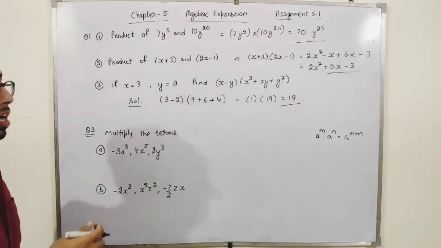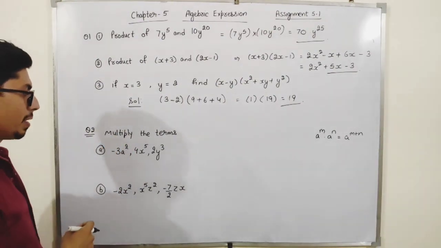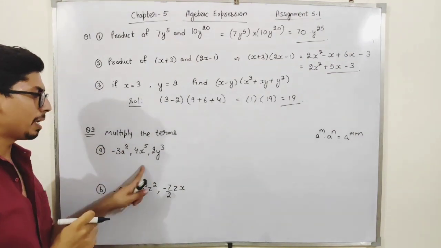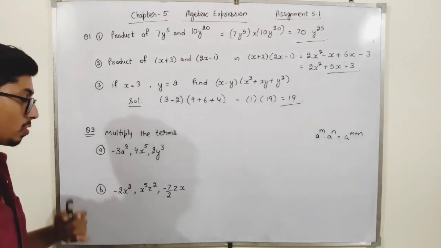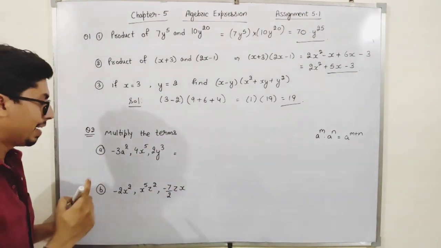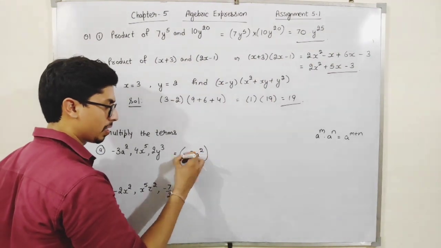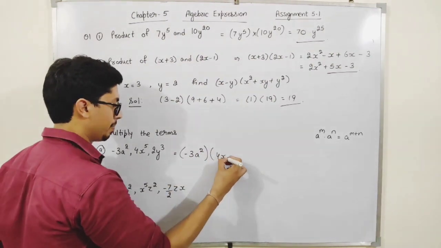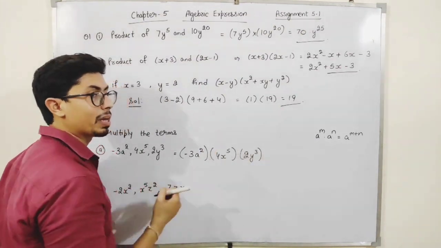Okay, students. Now, moving forward to question number 2. Question number 2, first part: I have to multiply these 3 parts, these 3 digits, or I can say the numbers. So how can I multiply them, students? If I have to multiply them, just write it like this: first number, second number, and the third number. How can we multiply them?